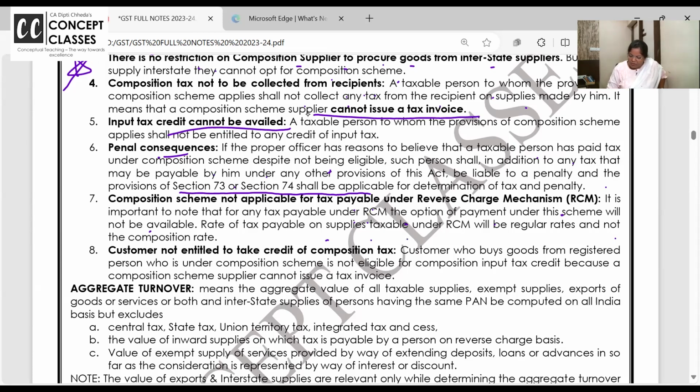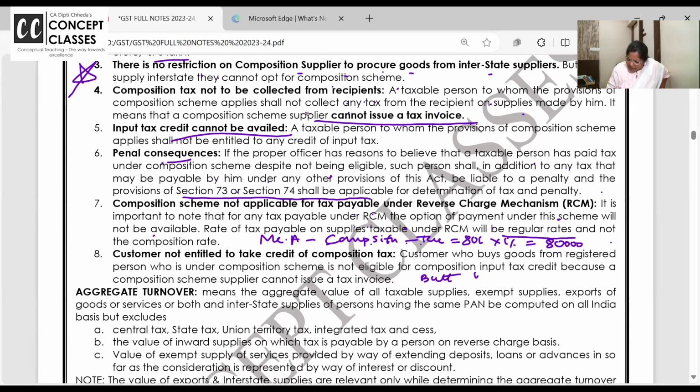Rate of tax payable on supplies under RCM will be regular rates. Super. Suppose Mr. A is opting for composition. Turnover is 80 lakhs. 80 lakhs ka 1%, 80,000 tax he pays. But I'm writing it here. I hope clear hai. But under RCM,